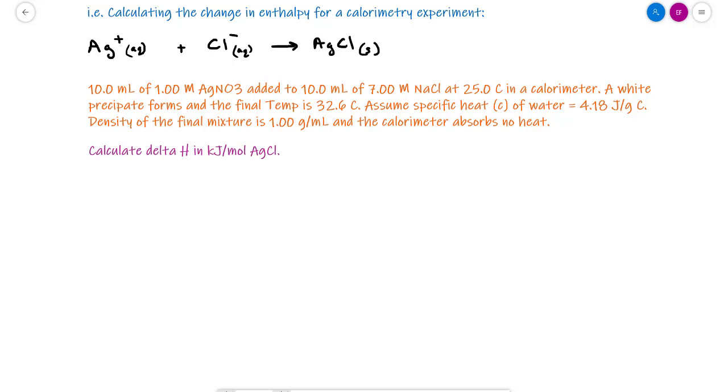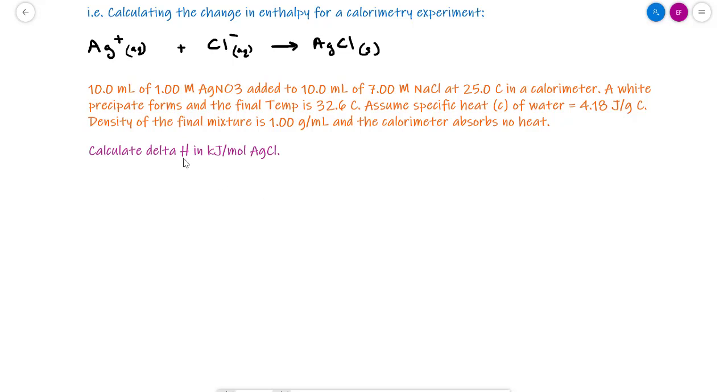Alright, so we've got a full example here, which is going to require us to use a lot of the knowledge that we've curated so far in this class: some stoichiometry, some understanding of chemical reaction types in aqueous solutions, and then obviously thermochemistry and calorimetry. So we're going to try to compute the change in enthalpy for a calorimetry experiment,